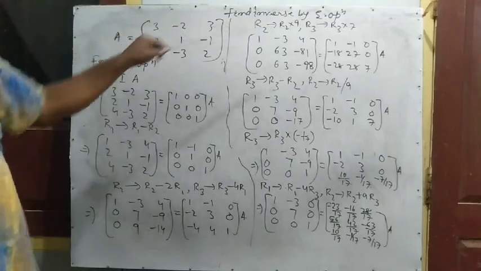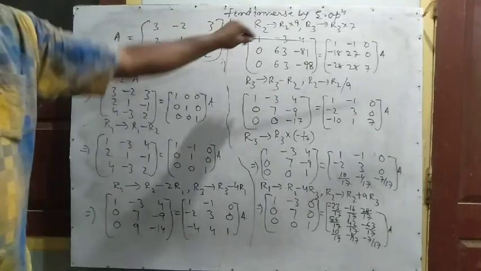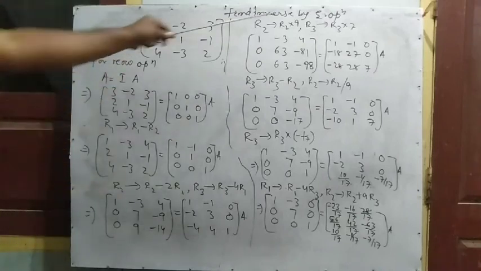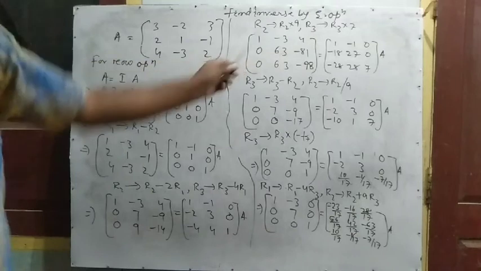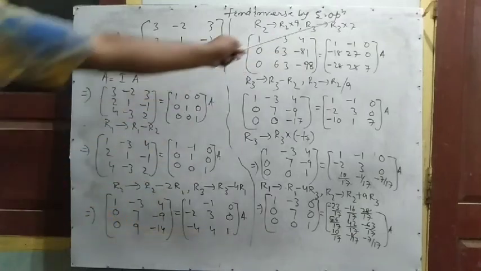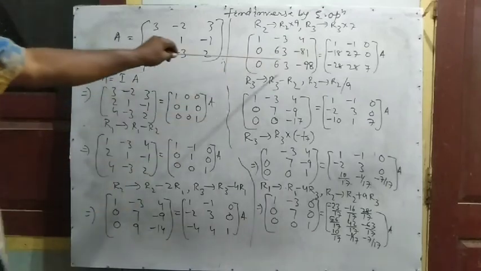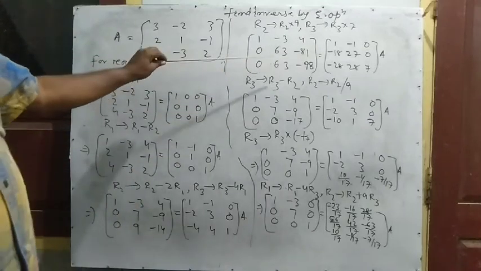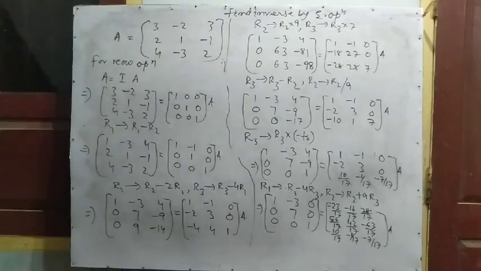Then the two rows are equal. Then here 1 minus 3, when I multiply with 9, here we will get 0, 63 minus 81, in this way. Here row number 3 is multiplied by 7. So now we want to find this one equal to 0. So now row number 3 changes: row number 3 minus row number 2.